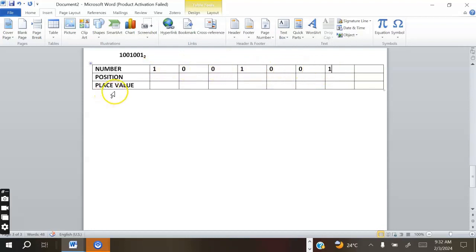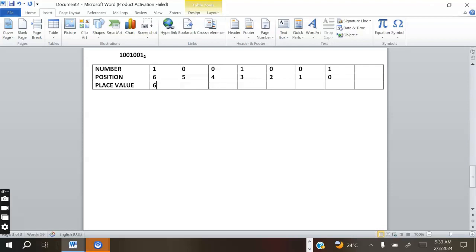Okay, the position, this is position 0, 1, 2, 3, 4, 5, and lastly 6. Okay, then we get